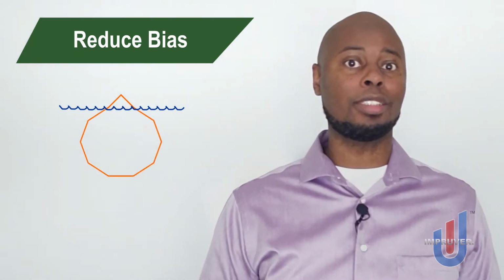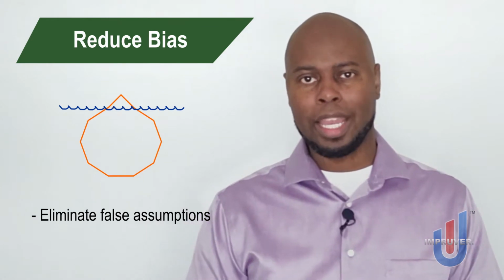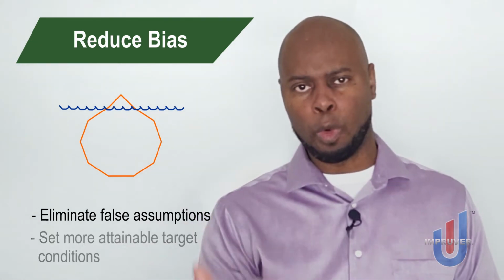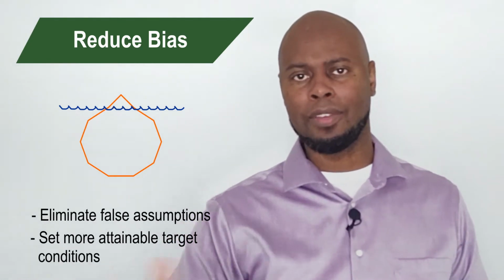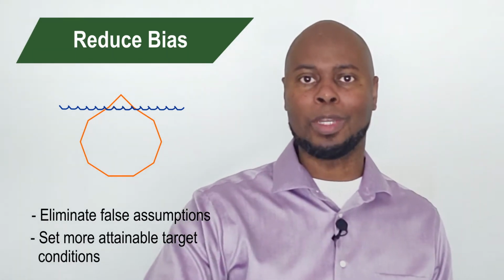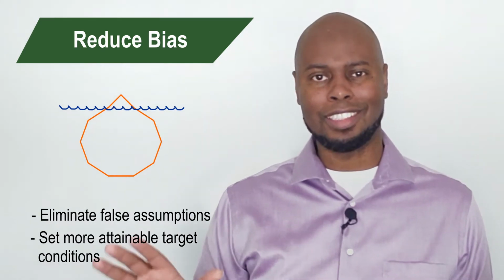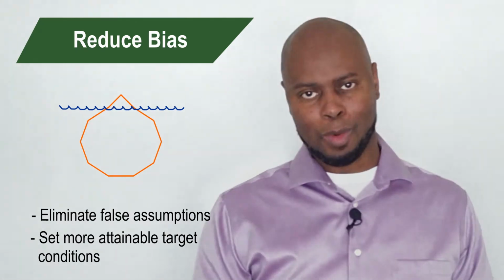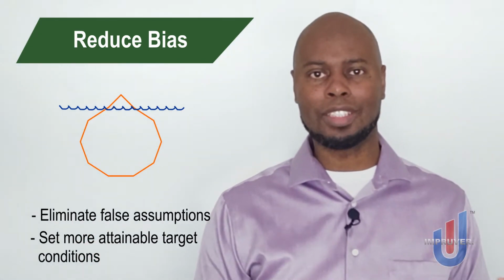Sometimes we know just enough to be dangerous. Secondly here, and just as important, is it helps you understand what's a realistic target condition, right? What is it that we can realistically achieve, and in what time frame can we achieve that? If your current condition is totally in chaos and shambles, then you might want to be a little more conservative on your target condition, like what you feel you can actually achieve in a given time frame.